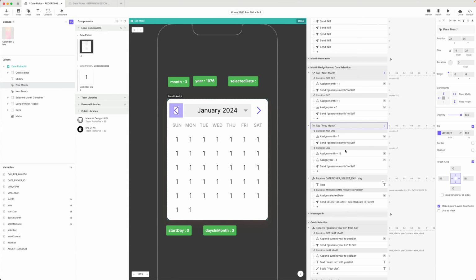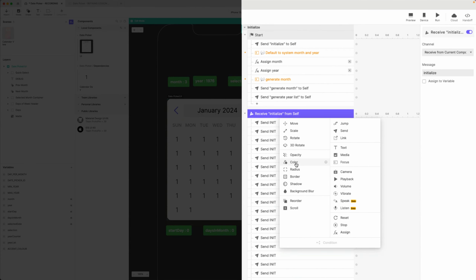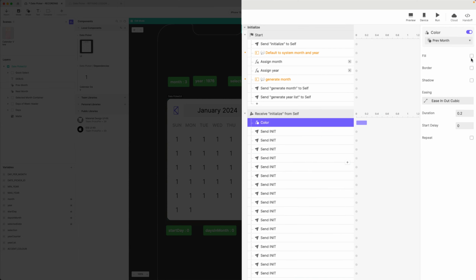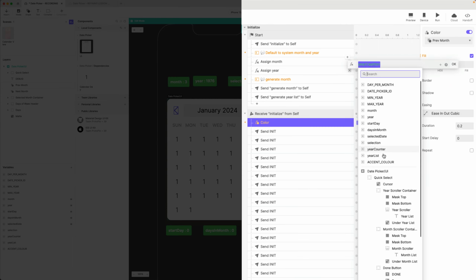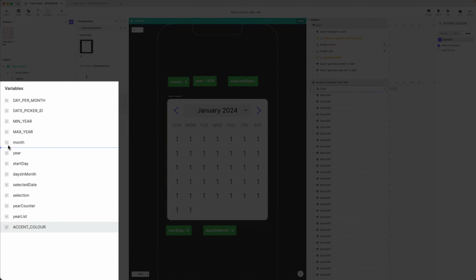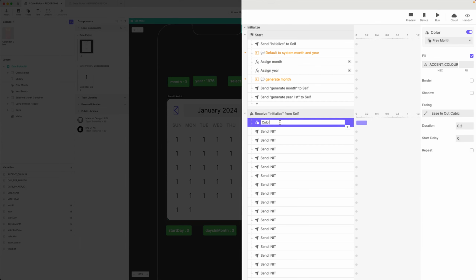So let's add in our init over here. Let's use a color response. Color on previous month. I'm going to set the fill color and I'm going to choose that accent color variable. And like I've done before, I want to move this up to the top of my list, so I'm going to put it right at the top. So this is going to be our prev month